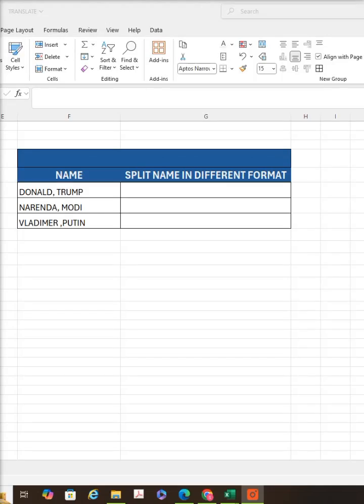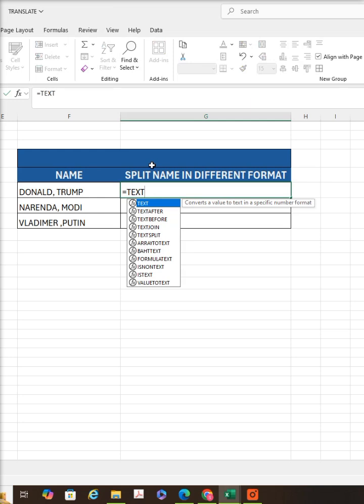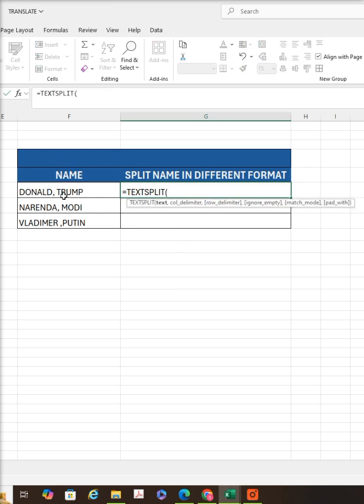In this example, we can see two columns: one for the name column, and another column that splits the name in a different format. So we are going to learn how we can split in different formats. First of all, we can go to text split. We are going to split the name